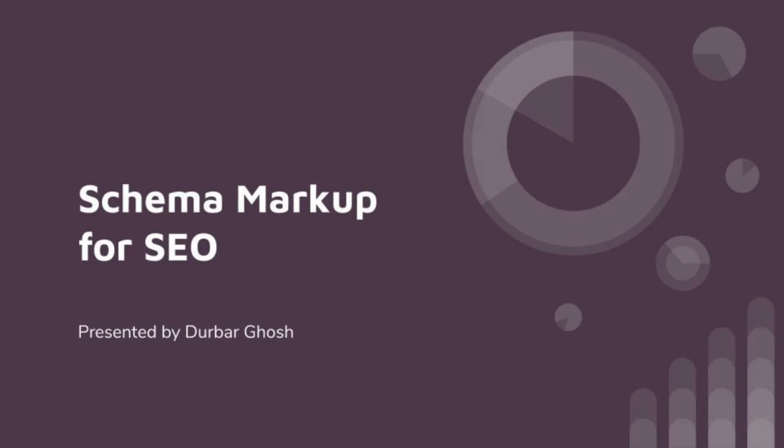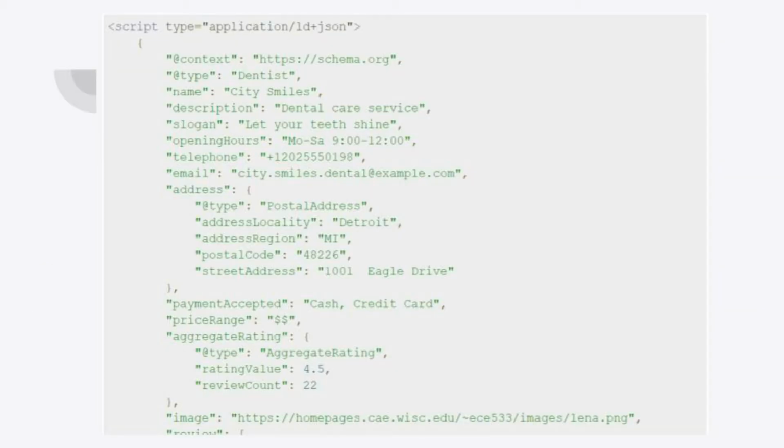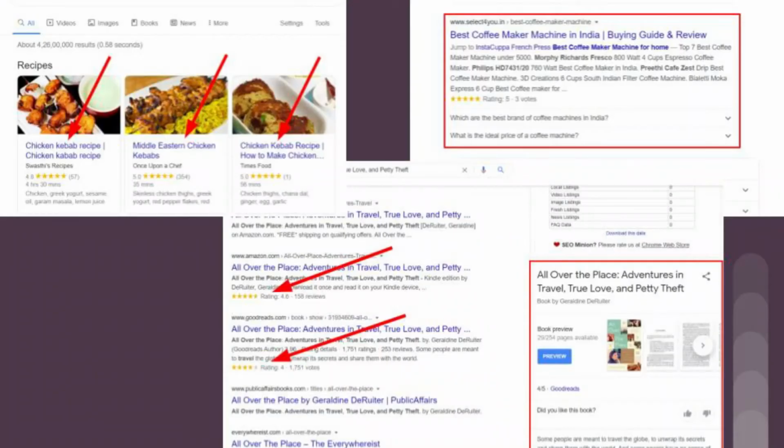So, schema markup for SEO. Schema markup is a structured data vocabulary that defines entities, actions and relationships on the internet to help search engines understand your content and better represent it in the search results. So basically it's a bunch of code that you put into your website to define several entities for the search engines, so that they understand the content better and get your results in the featured snippets that I have shown previously.